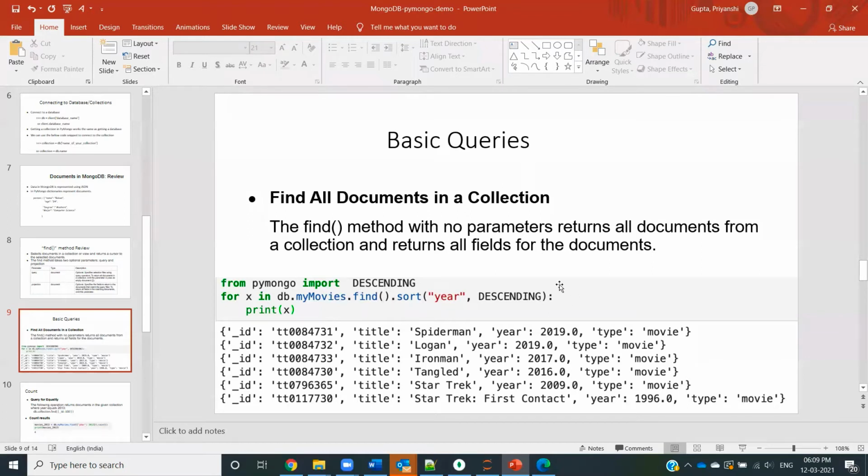And then another thing that I'm using in here is the sort function, because I want to sort the years of the movies which I have inside these documents in descending order. So here you can see that all these movies are being displayed in descending order of the year. So basically, this is a function that you can use to analyze your data inside a specific collection.